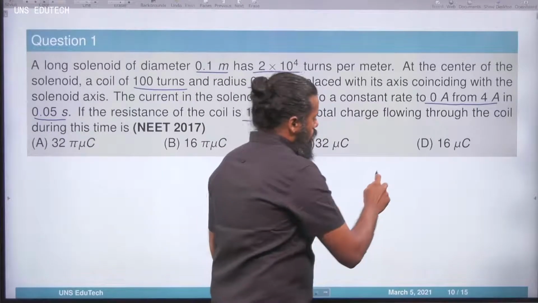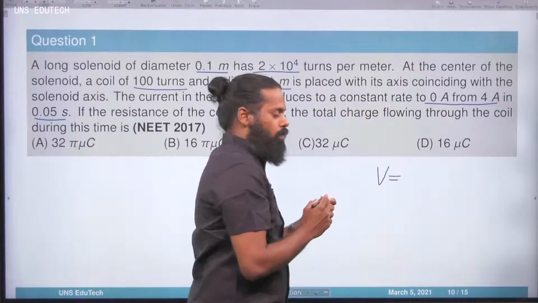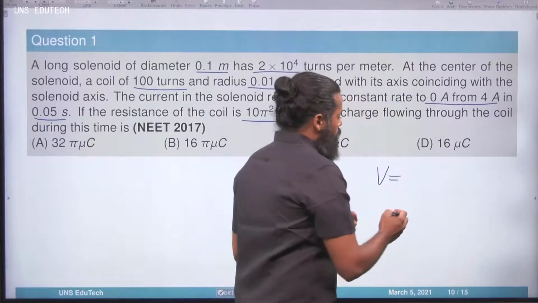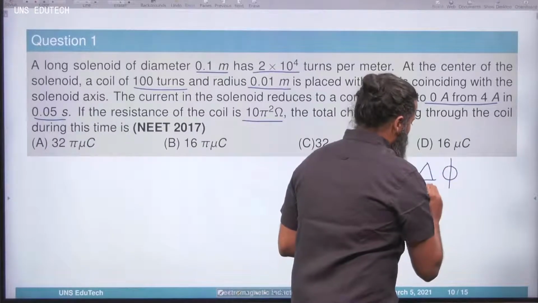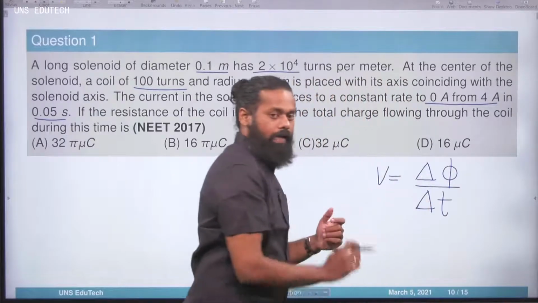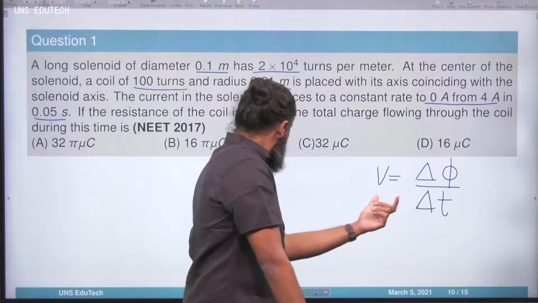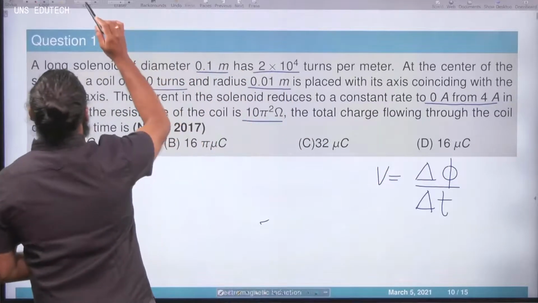You already know the voltage, or the EMF generated, is equal to d phi by dt, that is, change in flux divided by dt. Here, when you say the change in flux, it is actually the total change in flux, and you have to understand that including